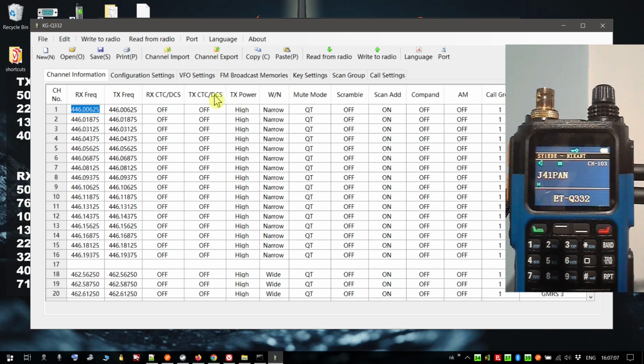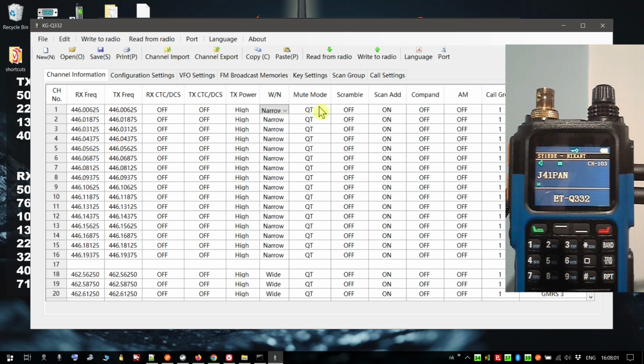Now here we have classic configurations known to most for ham radios or GMRS radios. RX frequency, TX frequency, in case they are different, CTCSS or DCS tones, if you need to set one. Here in PMR, of course, you don't. We have those 4 options, as we saw in the previous video of presenting the radio: low, middle, high and ultra high. I will test with the power meter in another video what those outputs are.